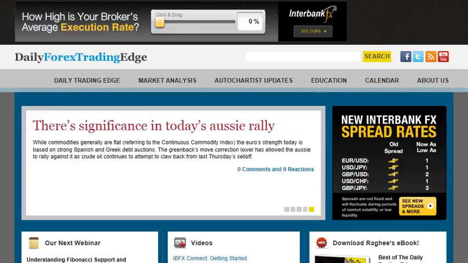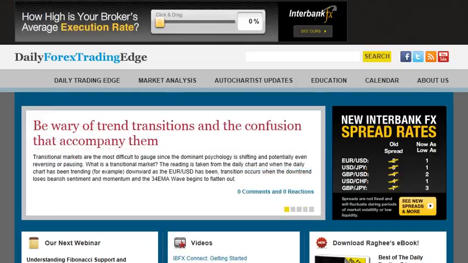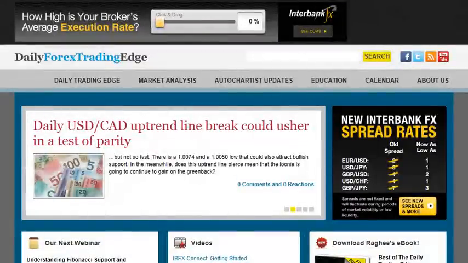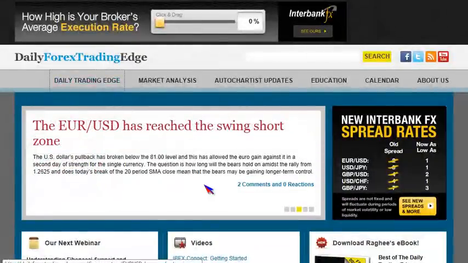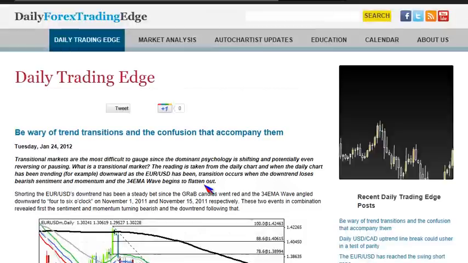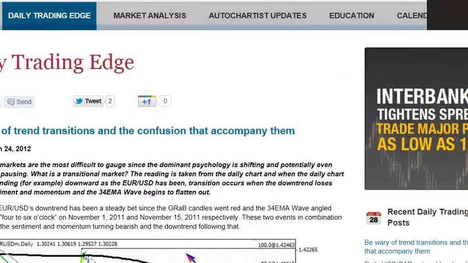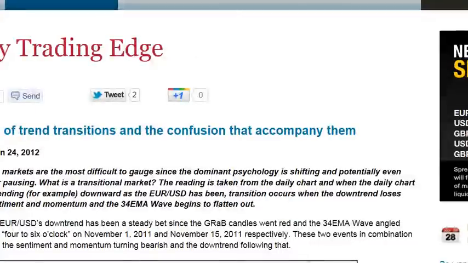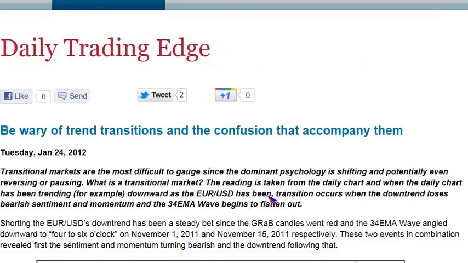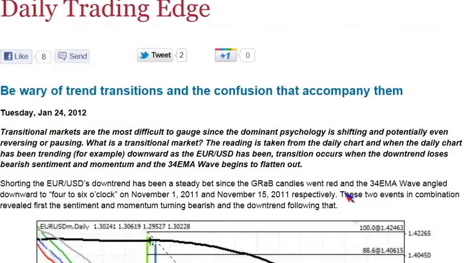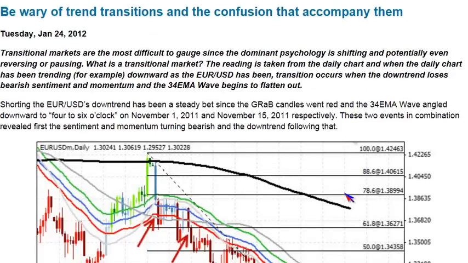So today's talk, I actually want to break up into a few smaller pieces and tackle each mini topic amongst the larger topic. And what is that larger topic? Well, yesterday I wrote an article, and I'm going to show you that article right now. Here we go. Titled, Be Wary of Trend Transitions and the Confusion That Accompany Them. The reason I wrote this, it's completely coming from the Euro-US dollar and the daily chart, and why once